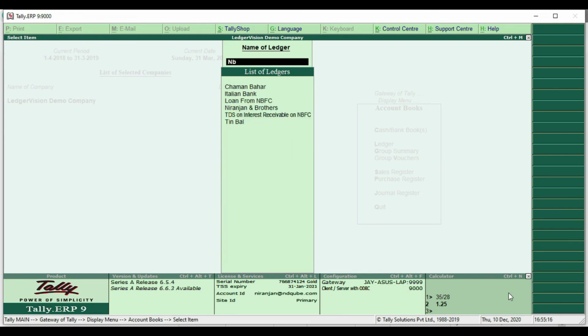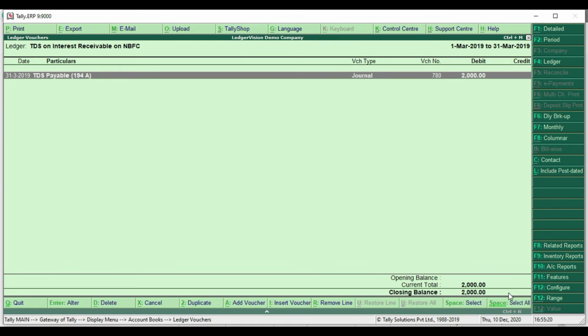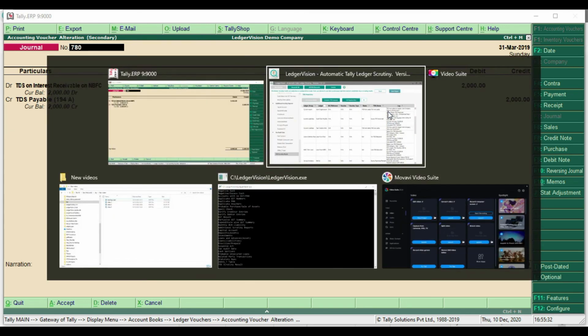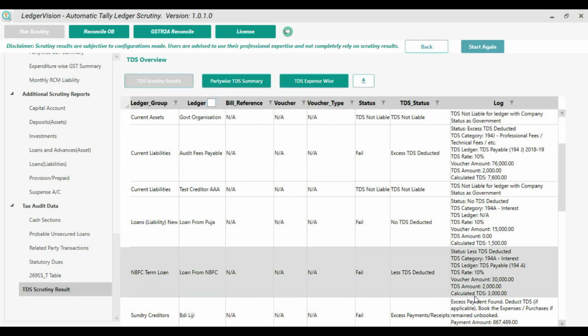So when you deduct the TDS, you have to keep it under loans and advances as receivable, and this is the entry for TDS. So technically, if 30,000 rupees are paid, then 10% of 30,000 should be 3,000, but this amount is lesser. Only 2,000 is deducted as TDS. That's why the software is showing that there is a less deduction of TDS.